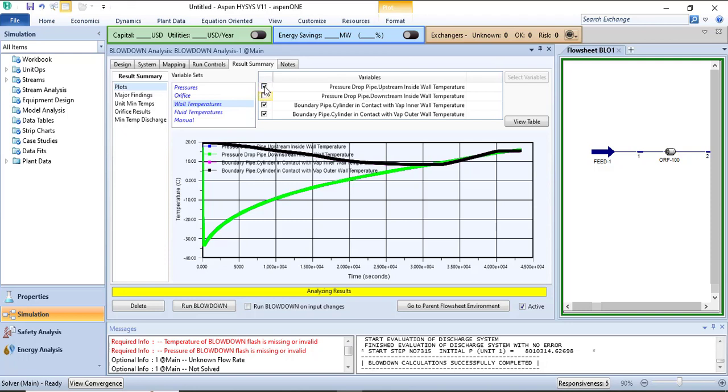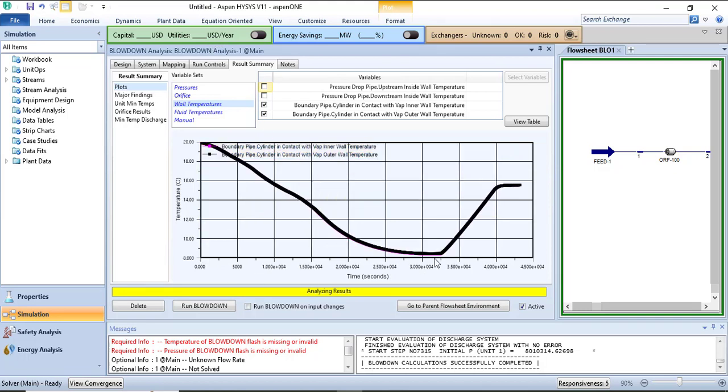If you just click on the boundary pipes, you can see a better view of it. For the pressure drop pipe, we can go to minus 45 for low carbon temperatures. You can see that this black line is around 10, and it's way above 0 degrees C. So this is the black line. The blue line is for the pressure drop piping, and yes, you can see the minimum we are going is around 9 or 8 degrees, and that's very good